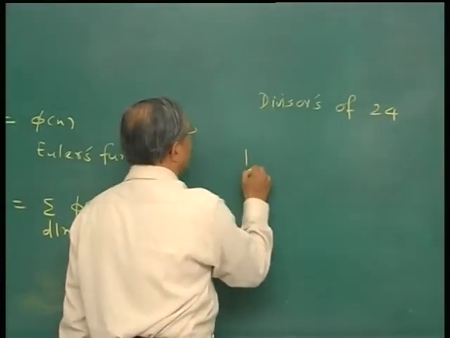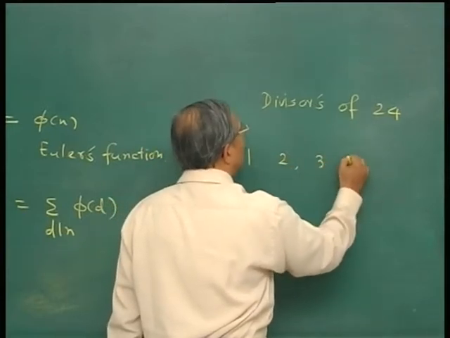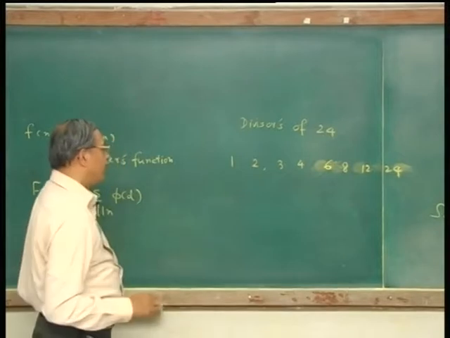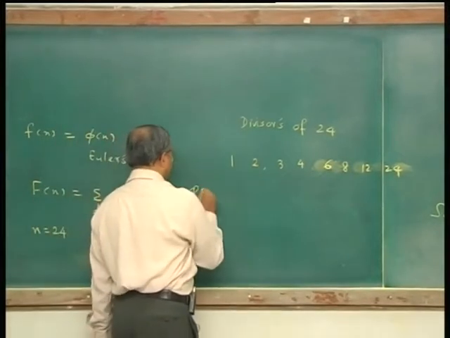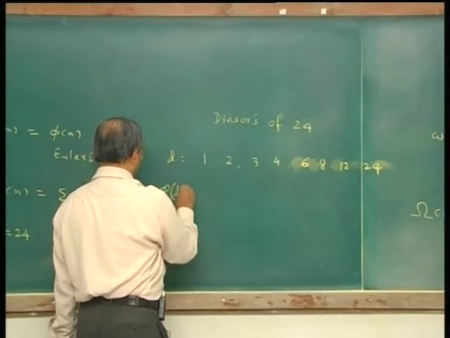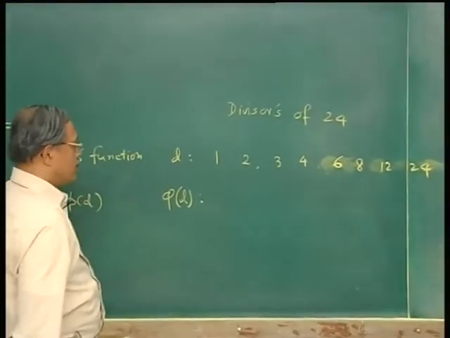They are 1, 2, 3, 4, 6, 8, 12 and 24. Now let us find out phi of these things. So this is D, let us say phi of D. So the Euler's